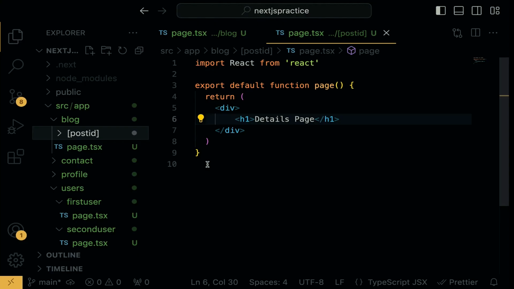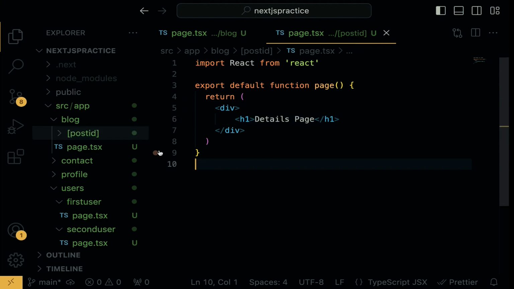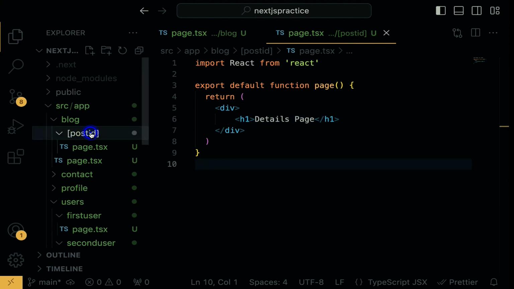So in simplicity, Next.js treats a square bracket as a dynamic segment that enables us to create a dynamic route. When a folder is wrapped within the square bracket, you do not need to reference the folder within the URL before you can get the content within the page. The essence of dynamic route is to be able to extract the ID of a post